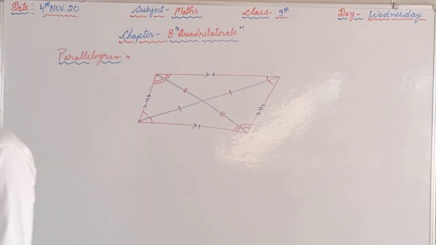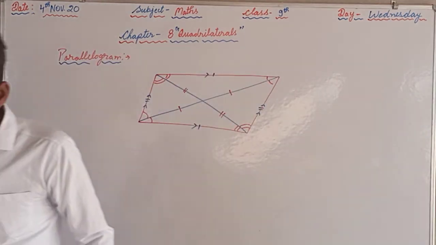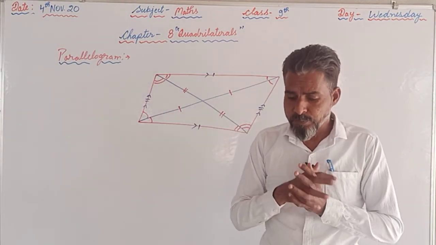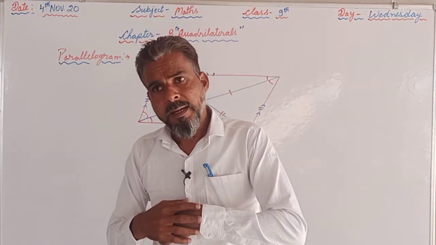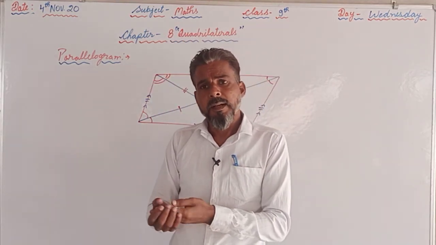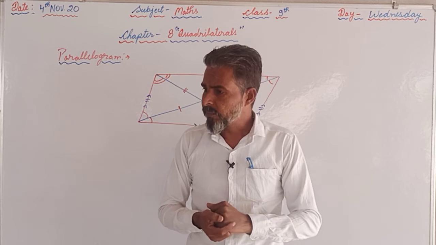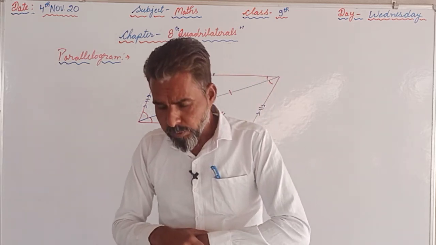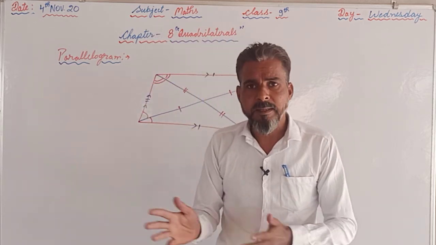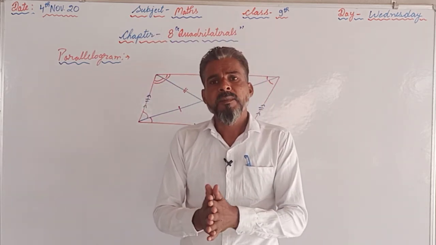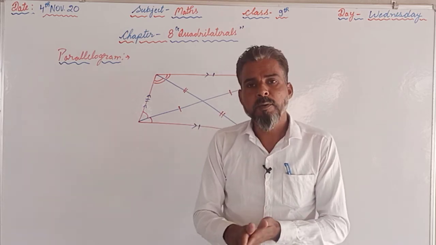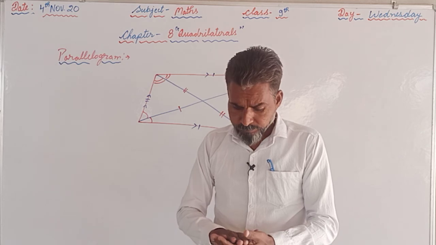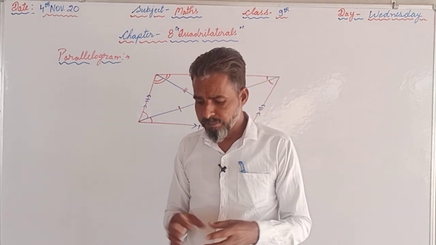So, these are some of the properties, and you are supposed to go through the properties of all these quadrilaterals, so that we can use them in the chapter and in the questions given in the different types of exercises. So, today was the basic one, and you are supposed to go through using your books. You are supposed to collect all kinds of information regarding these quadrilaterals. Afterwards only, in the next video, means tomorrow, we will start the exercise, that is 8.1.